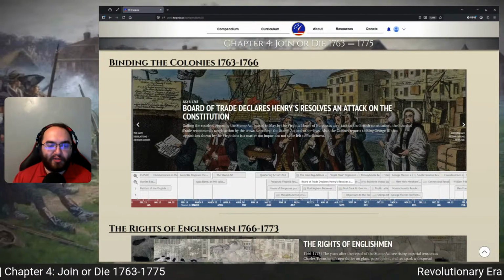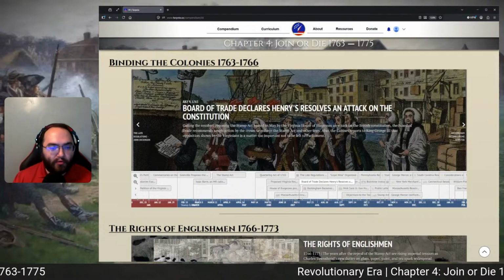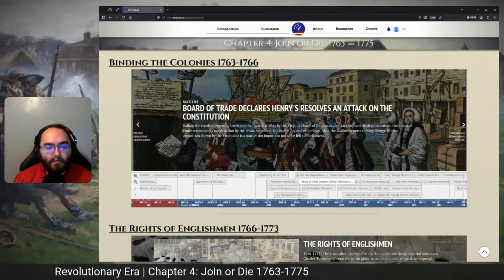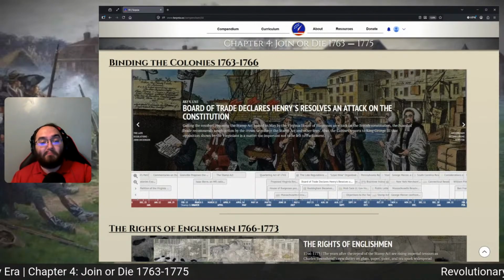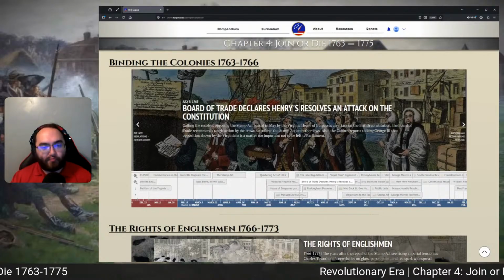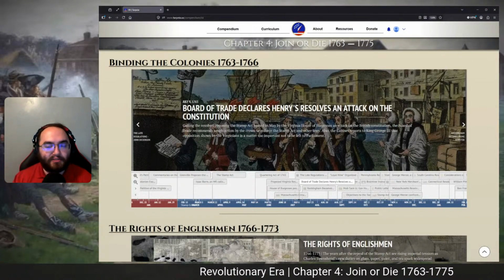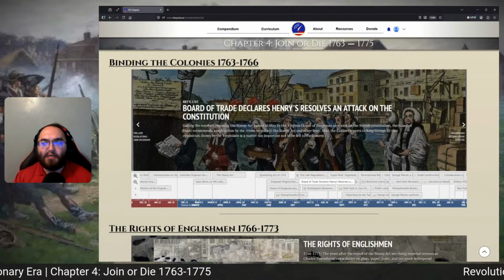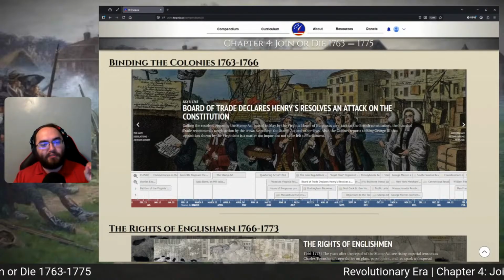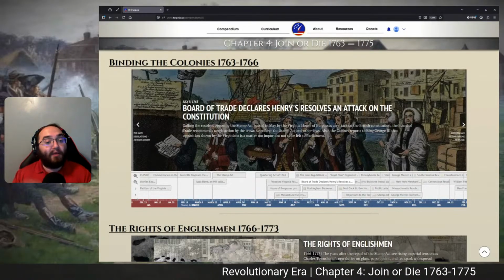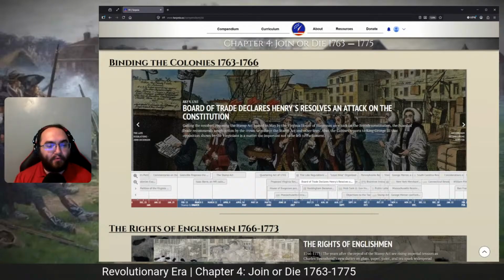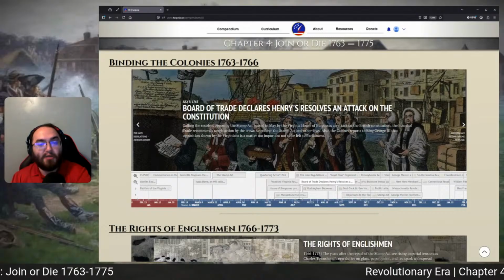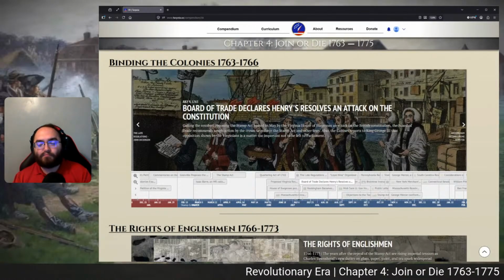So now you have this advisory board called the Board of Trade, which is an advisory board to the king. This board will advocate for the king to take more interest and involvement in this imperial crisis. And so when the Declaration of Independence is passed on July 4th of 1776, you see the Declaration is blaming the king for all these things. Well, the king was getting more involved in the imperial crisis, and by the time of the start of the next chapter, which we'll talk about independence, the king